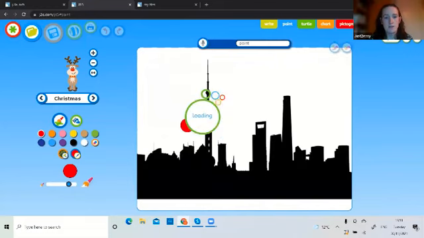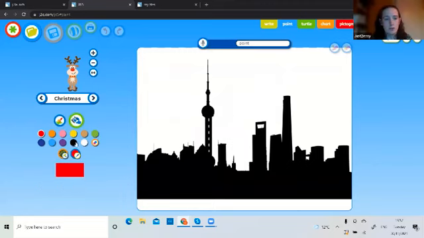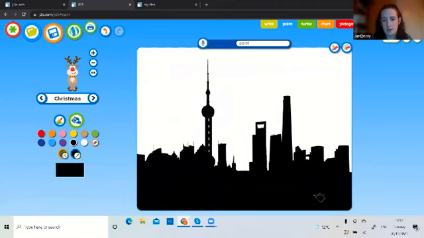So I'm going to load this picture from my My Files, and you can see it just nicely loads onto the background. And then I have this toolbar on the left, which allows me to create my picture. So I've got a fill tool I can use. So I could fill in the bottom of my picture black just to complete that silhouette. I could do some painting on here, or I could stamp some images up here where this reindeer is.